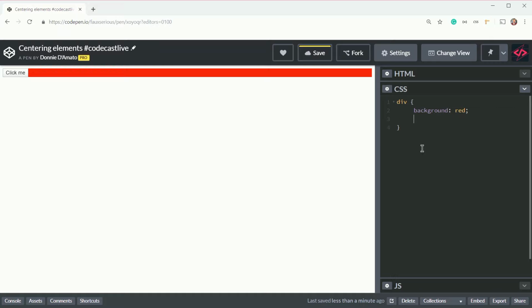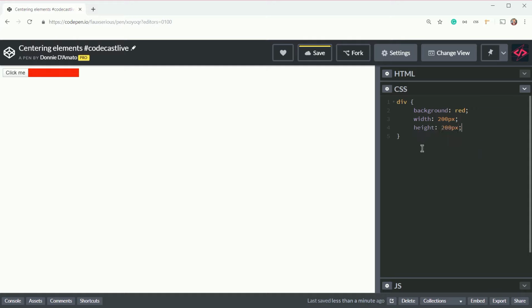The next thing I'm going to do is actually make this thing a square. So I'm going to give it a defined width of 200 pixels and a defined height of 200 pixels. All right, so now we have a square. And this is going to be our base look of the page that we're going to be working with. So the next couple of things we're going to do is actually center the button inside of the middle